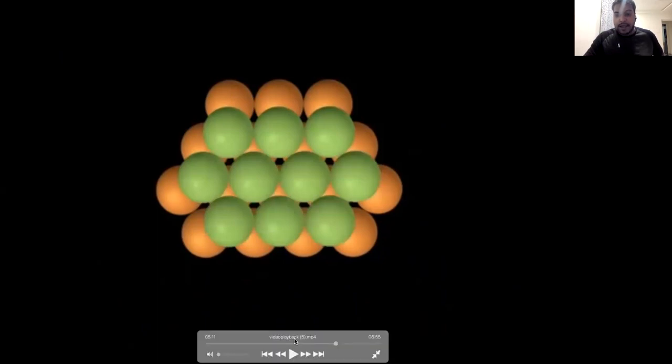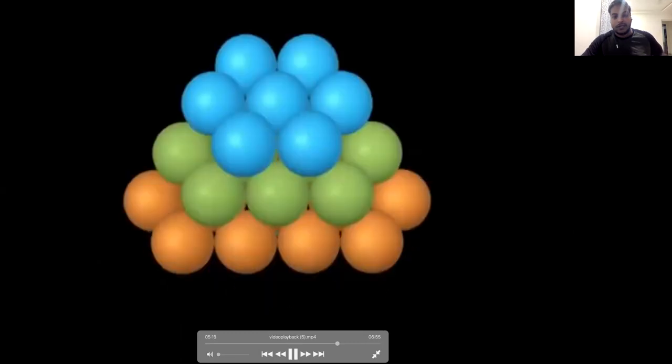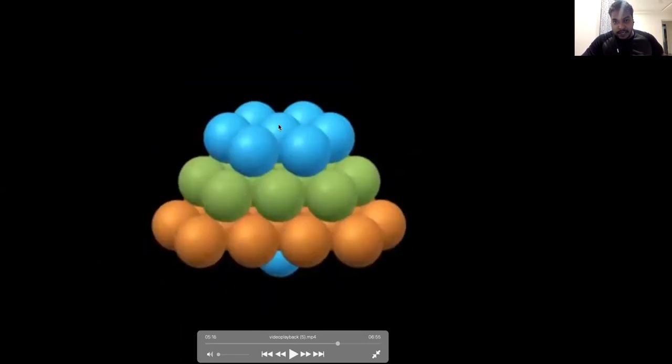Now, if that has been packed in the next layering, that becomes C. And again, if you bring back one more atom exactly the way A was positioned. If A was here, then B was somewhere here, then C was somewhere here. Now, again, if you bring back here, that becomes A. So now exactly on the above layer, we will have A. If the blue one is an A layer, the green one is a B layer, and the orange one is a C layer, then below that, again, we will get an A layer. So ABC, ABC, ABC is repeated.